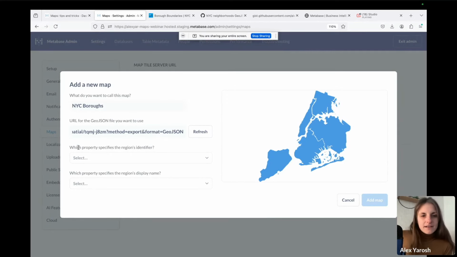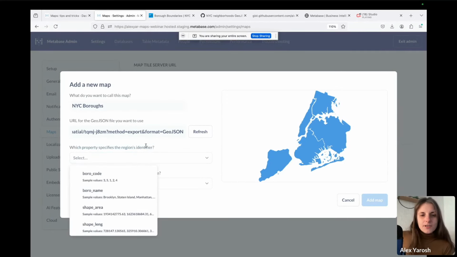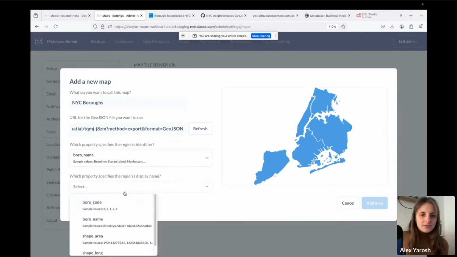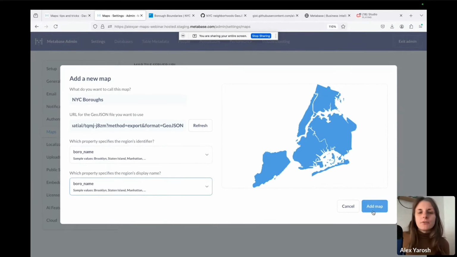I need to select these fields. What is the region identifier and what is the region display name? The difference between identifier and display name is, for example, for a country, you can have a country code and a country name. So a country code can be the identifier that's in your data, and the country name can be what you actually show on a map. But for my map, I'm just going to use the name of the borough for both of these. So I'm just going to add this map,